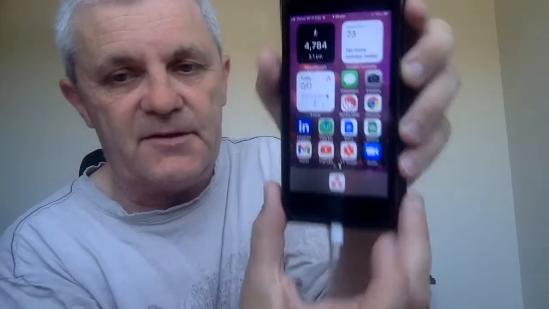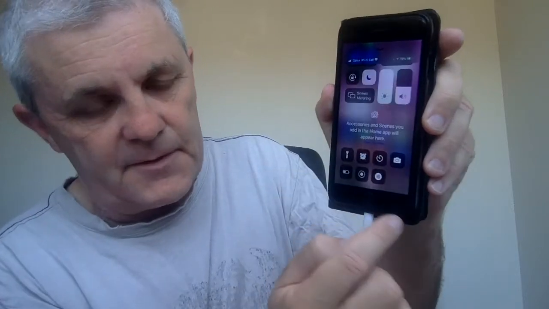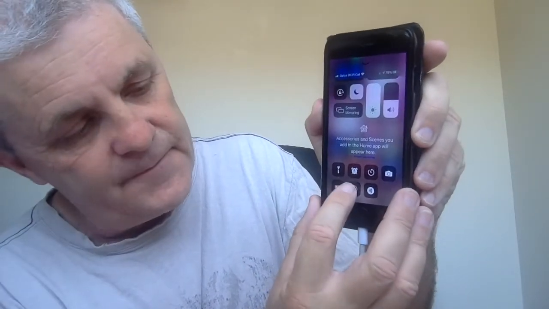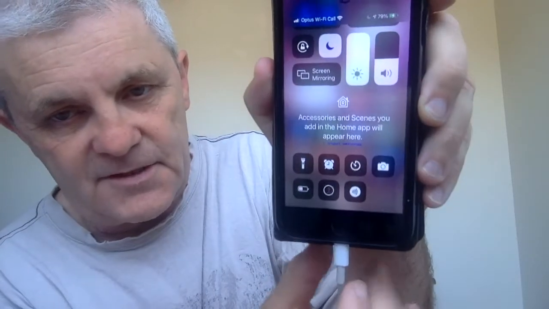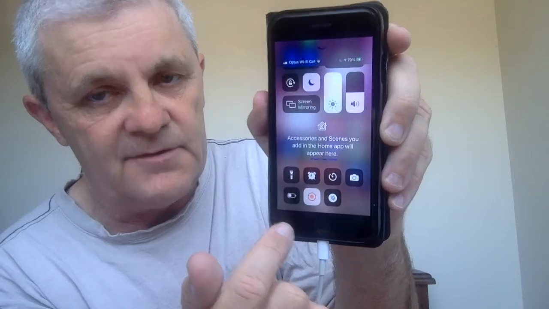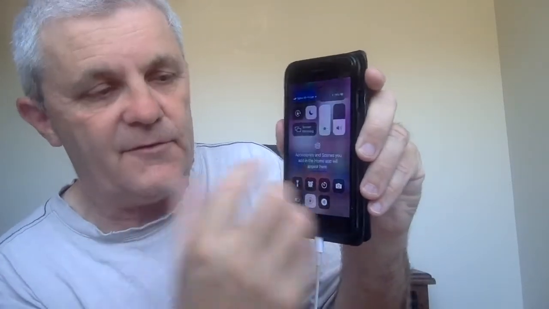So what I'm going to do is record my mobile phone screen now. And to do that, I scroll back up here. So slide right from the bottom up. And I'm going to hit that white circle there. And that's going to allow me to record my phone. Now, I could actually do it with the microphone as well, but I'm not going to do that because I'm already recording myself on the laptop. And then I down arrow there.